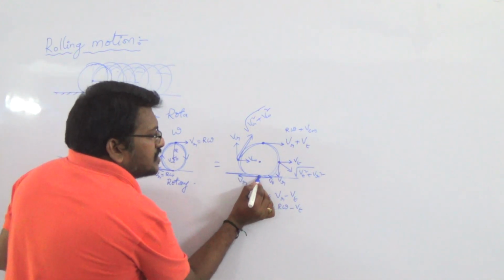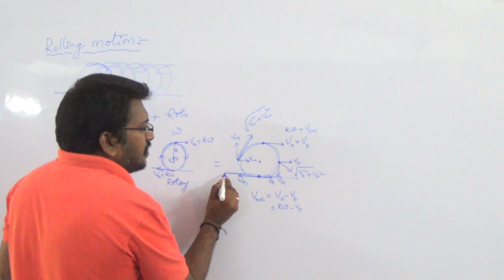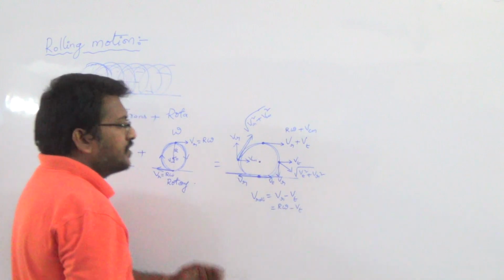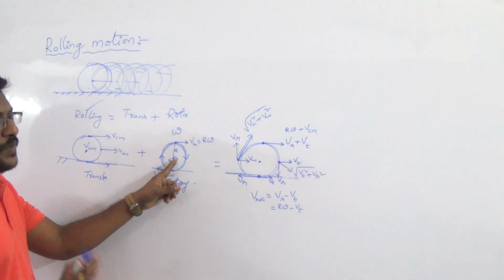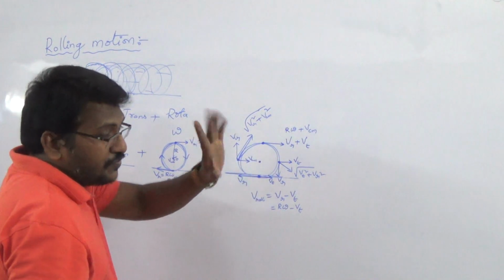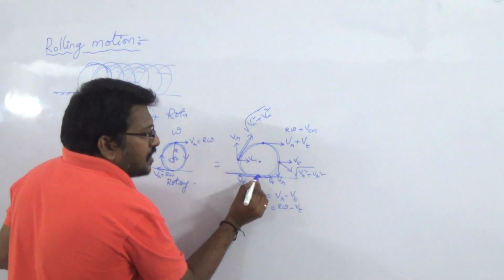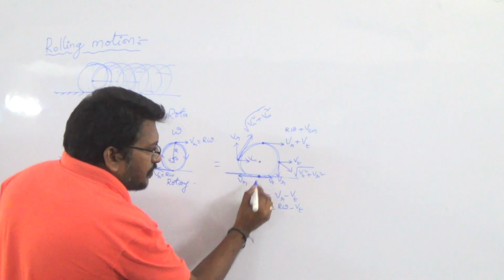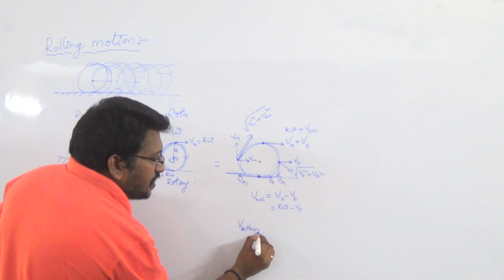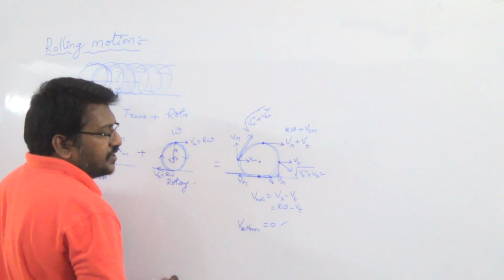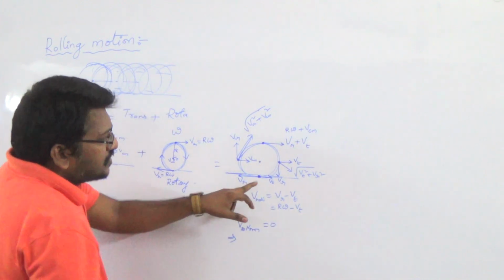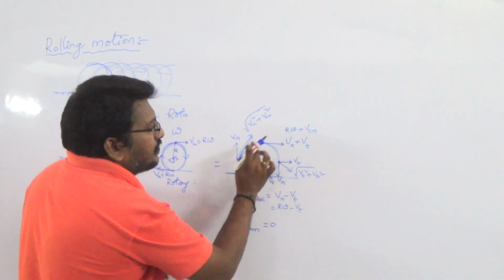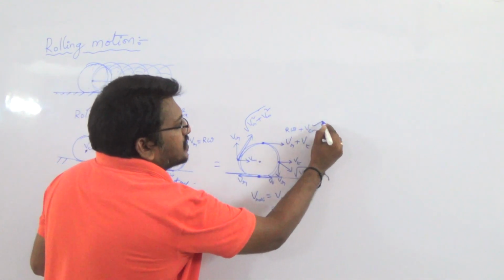When we say the body is in rolling motion, it should be known that the surface must have friction. Without friction, there is no possibility of the body rolling. There may be some translatory or rotating motion, but rolling motion is not possible without friction. For example, when the body is in rolling motion, at the point of contact the velocity of the particle must be 0. That means the velocity of the particle at the bottom is equal to 0. This is always one condition. So from that we can write the velocity of the particle at the bottom as r omega minus Vt, where Vt is the velocity due to translatory motion, which is nothing but VCM.